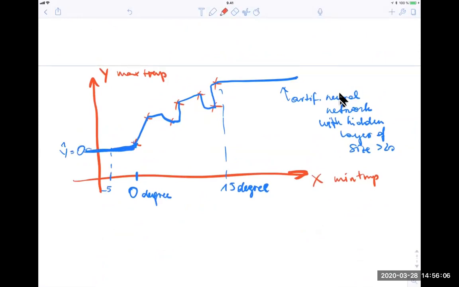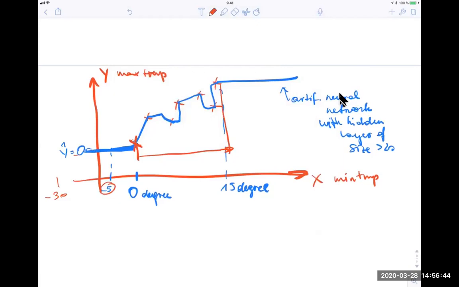The deep neural network didn't care at all about the behavior for feature values outside the range of the training set. So it looks perfect on the training set, but outside the training set, it predicts the maximum temperature as 0, no matter if the minimum temperature is -5 or -30, which is completely